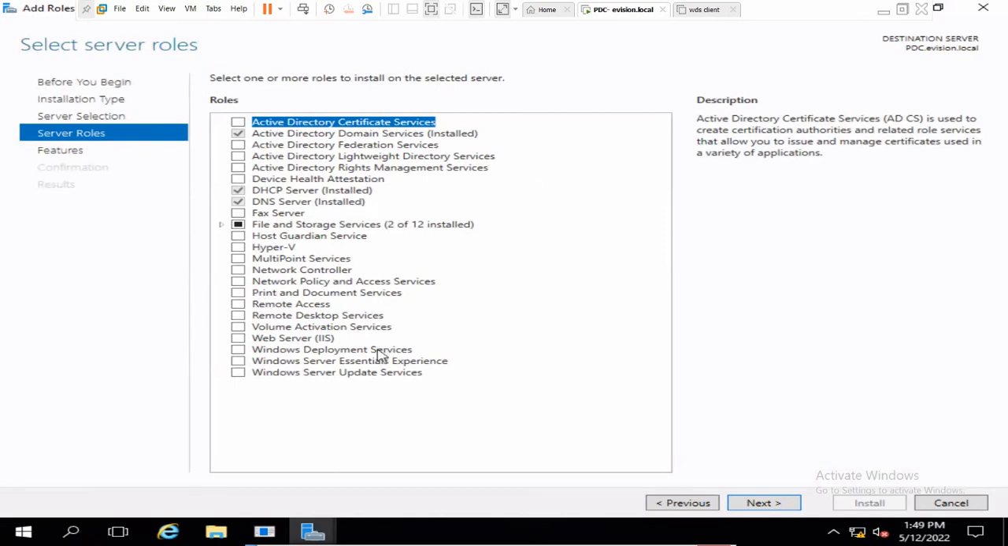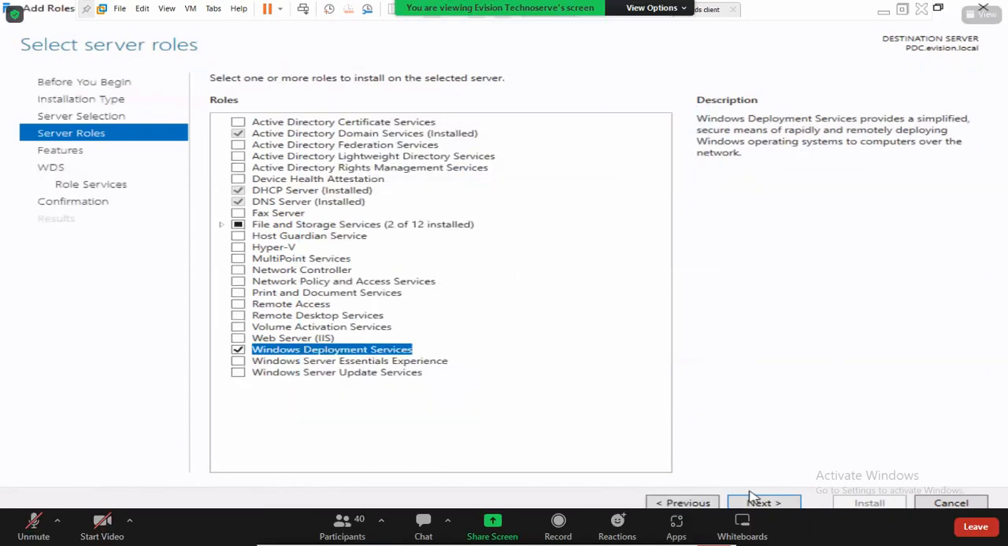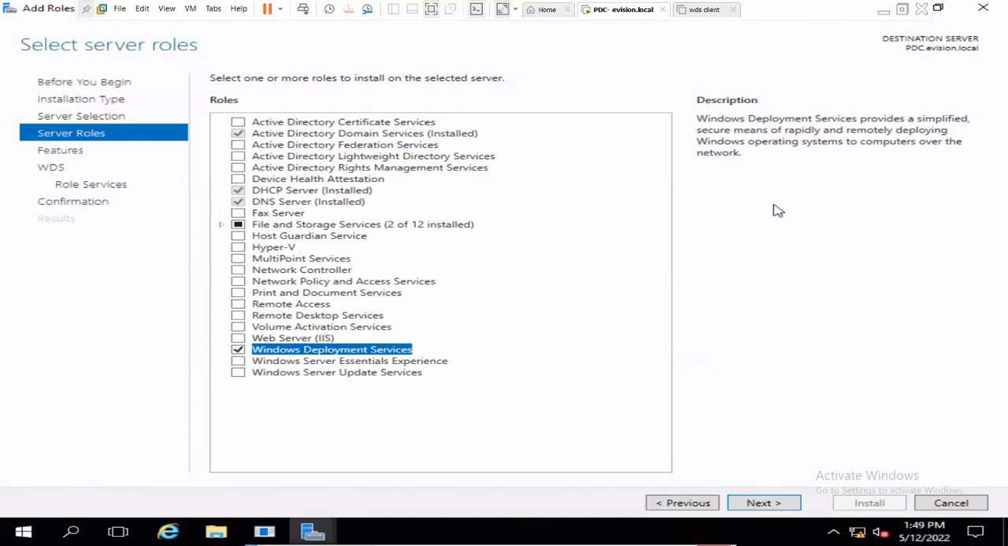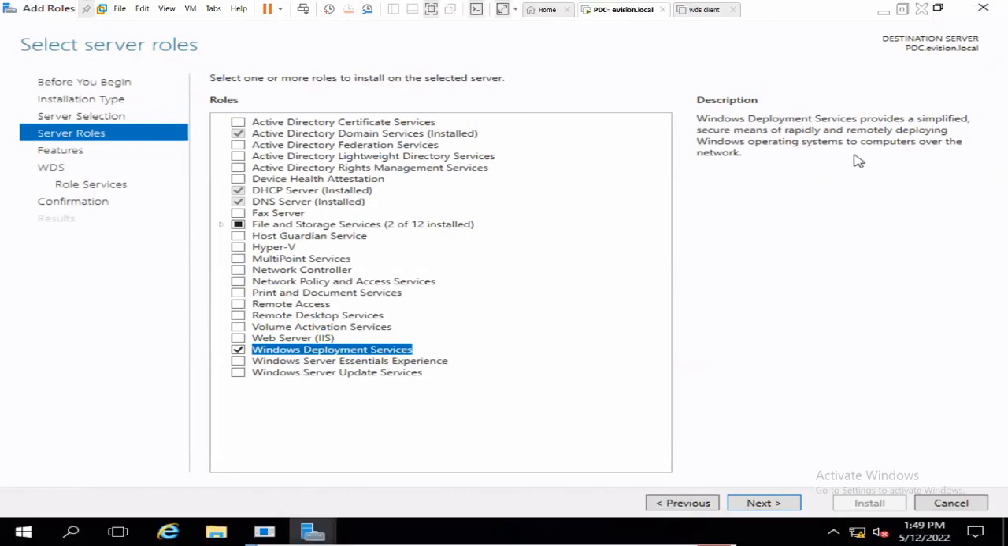Down, sir. Windows Deployment Services. This one, right? Windows Deployment Services. Yes, sir. I will click add features. You can read a description about the WDS server: WDS provides a simplified, secure means of rapidly and remotely deploying Windows OS to computers over the network. We'll click on next,